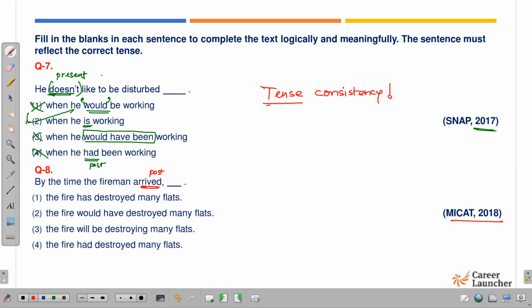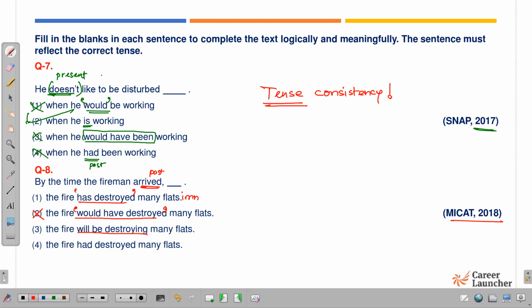The tenses should be relative to each other, they should be meaningfully arranged, and they should link to each other. So by the time the firemen arrived, the fire has destroyed many flats, would have destroyed. So the would have destroyed will mean it is happening in the future. So by the time the firemen would arrive, then I could have accepted this phrase. So no, the fire will be destroying, again unnecessarily complicating it. By the time the firemen arrived, the fire has destroyed, because this is